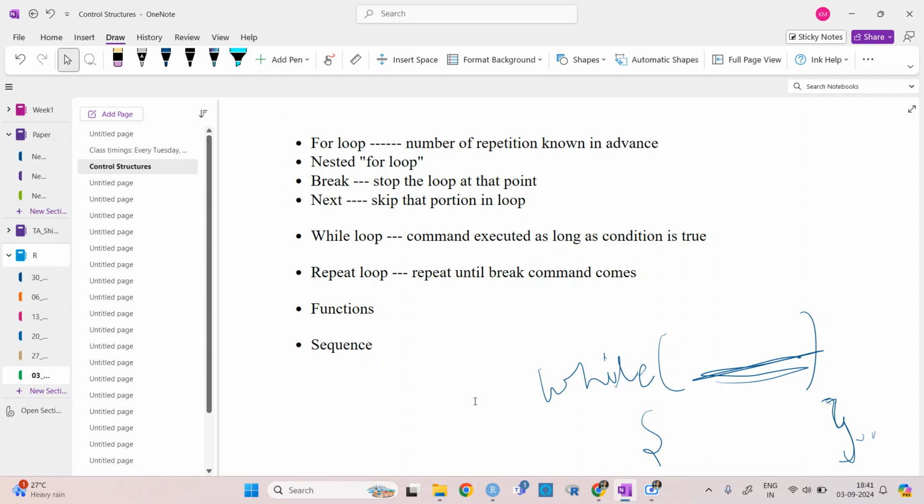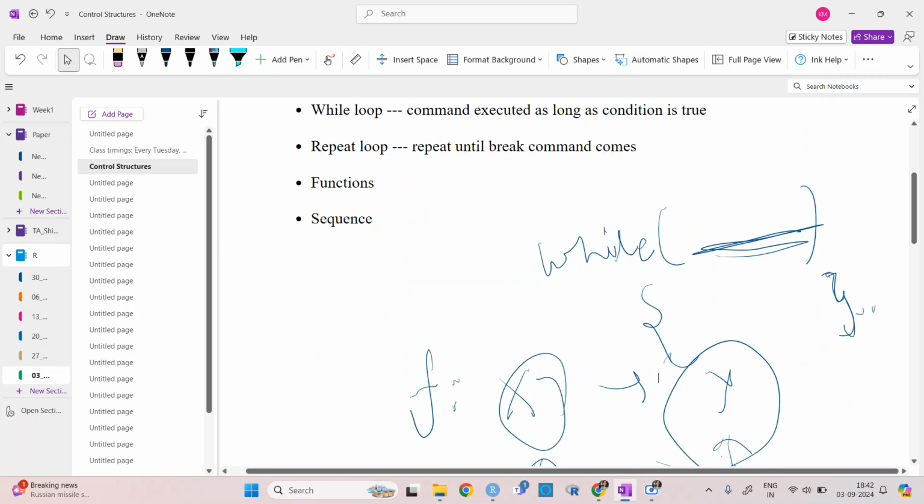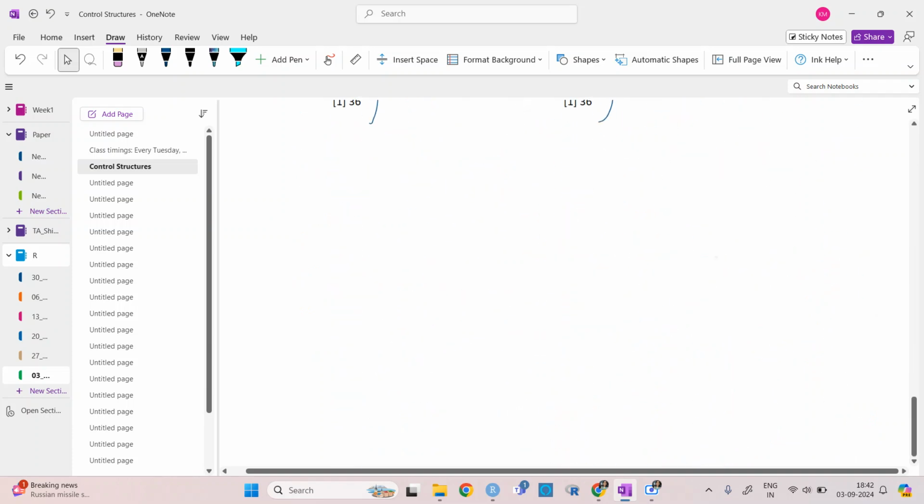So what happens is that let's say you are working on something where some calculation needs to be done again and again, right? So what we do is we try to formulate a function for that particular thing. Let's say, since I work in distributions, I will give an example of that.